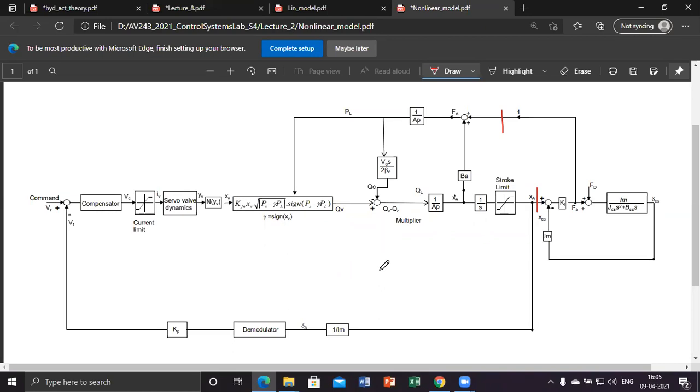There is one more feature, and there is a problem with the simulation. Have you heard of algebraic loop in simulation? No. In the recent versions of Simulink, it will automatically take care of it. But if you write a MATLAB code program, it will not work because of the algebraic loop here. The algebraic loop means